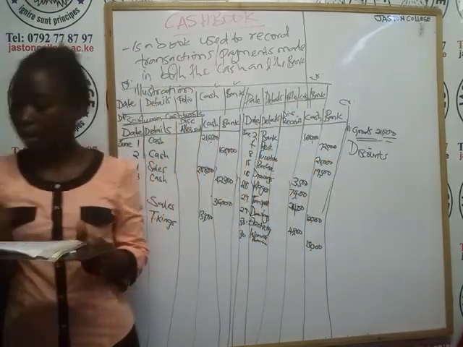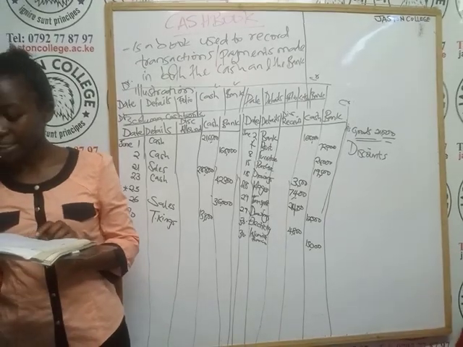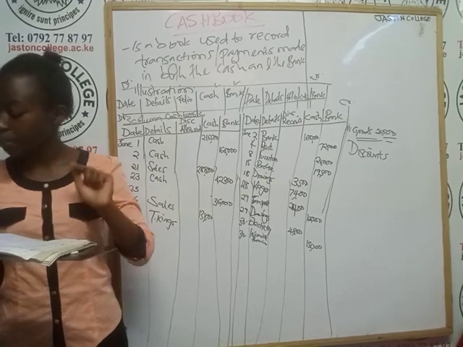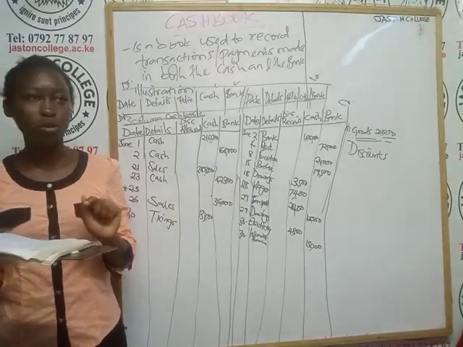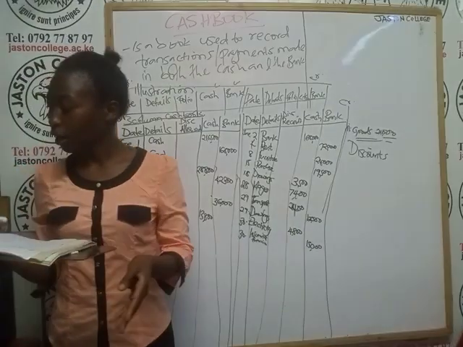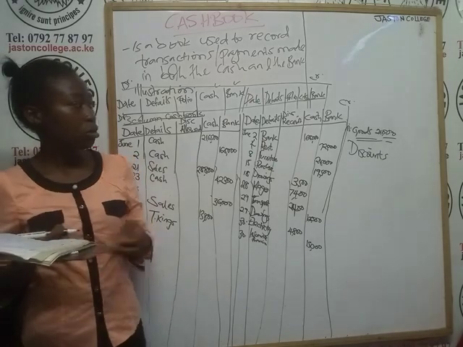Purchased goods on credit. We purchased goods on credit from J Bakery with credit terms. So we purchased some goods and our supplier, who is J Bakery, gave us some credit terms, and that was